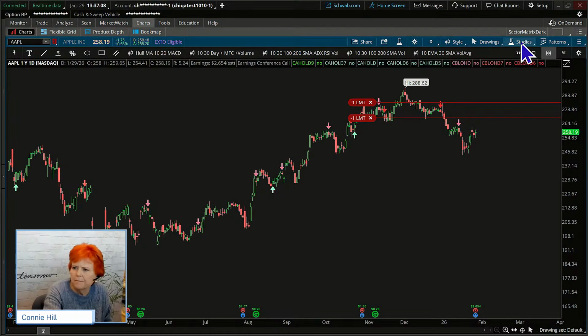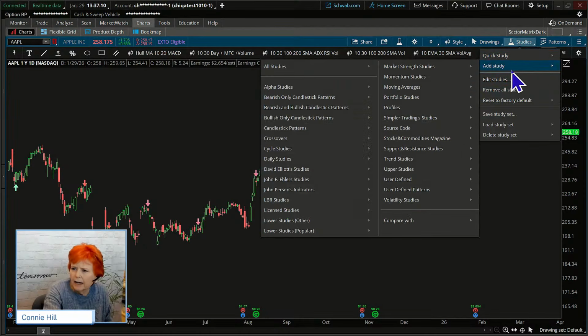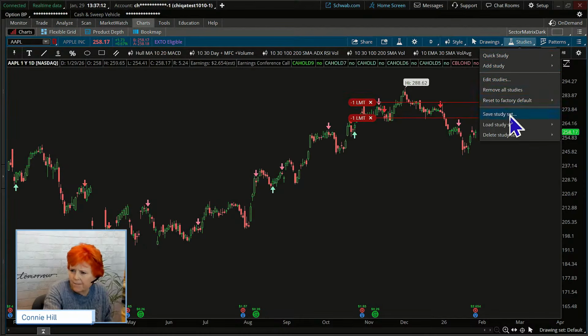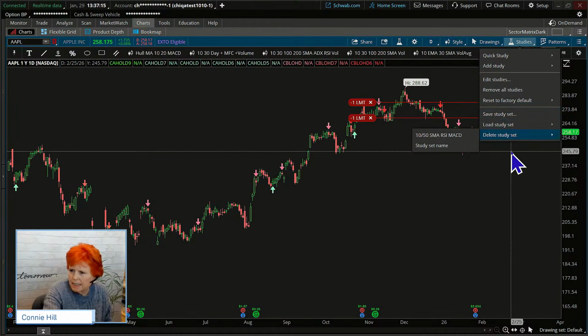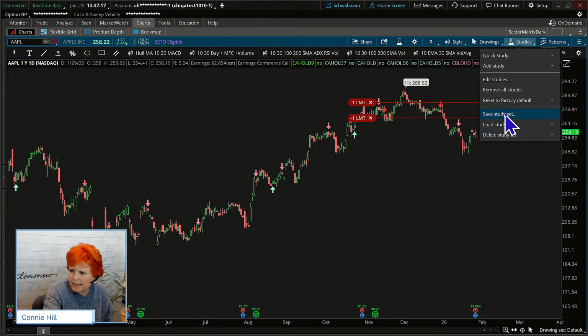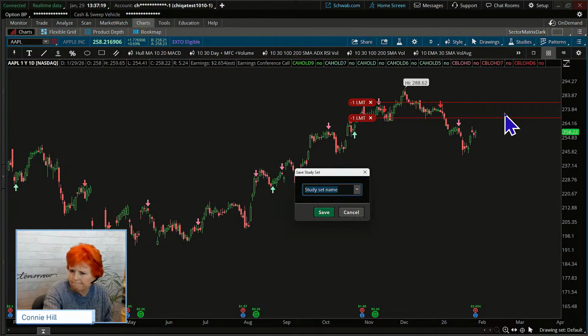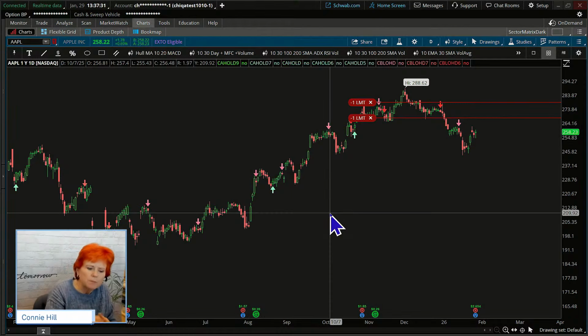And then we'll do the same thing. Let's save it as a study. Save study. And I think I'll just name this one Cahold candles, but I know it's both. Okay, Cahold candles. We can save it there. Then there is the possibility, I haven't played with it or experimented with it, to maybe use that as a custom study when you're doing the scan. So that is a possibility.